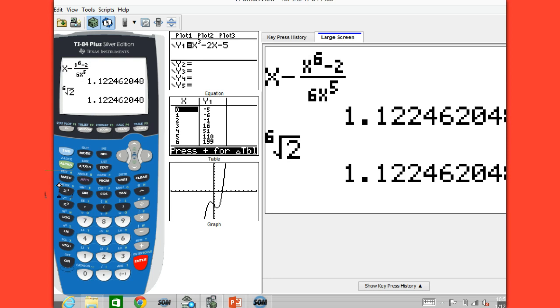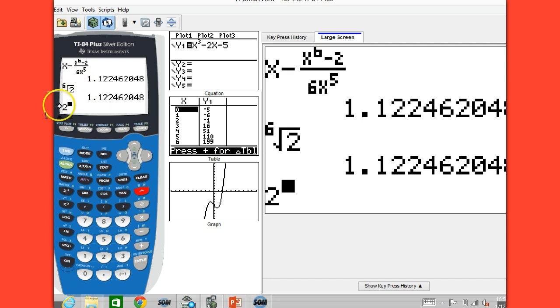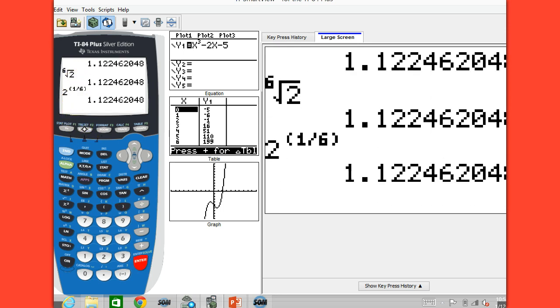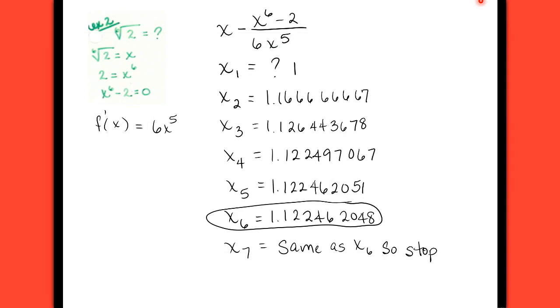Or you also remember that you could write that radical as an exponent. So if you did that, that would be 2 to the 1/6. And that's going to give you the exact same answer. So we have other ways to do these things that we're learning with Newton's